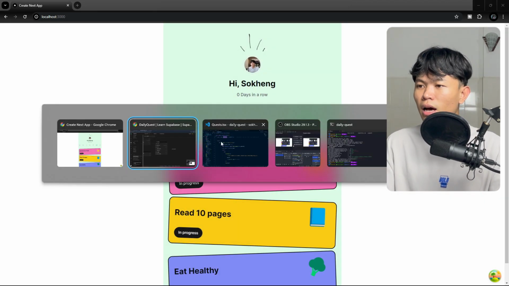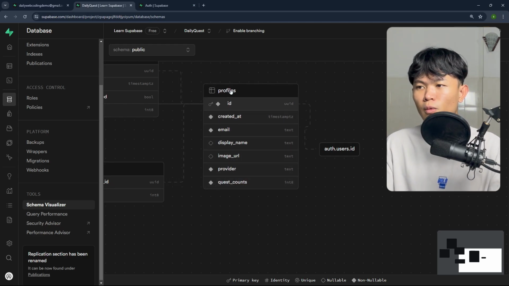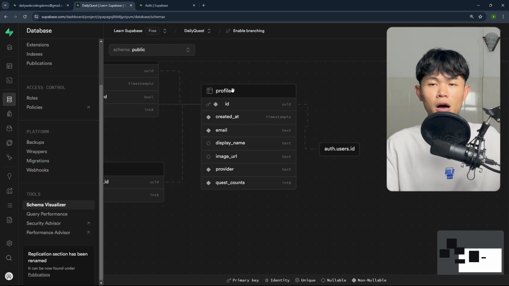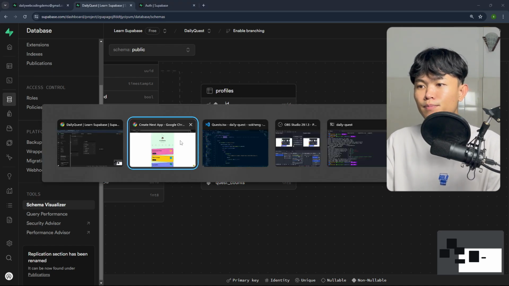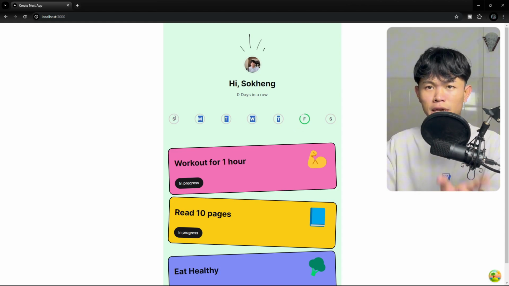Right now, if we go back, for this one I'm going to maybe add another field later on, like the start of the quest, the start of the game. When you start the game, we can keep track of when the user started, so we can mark it on the calendar for the strike. As of now, for example, the strike should count from here, so on this one we should not mark anything. We just keep it as it is.